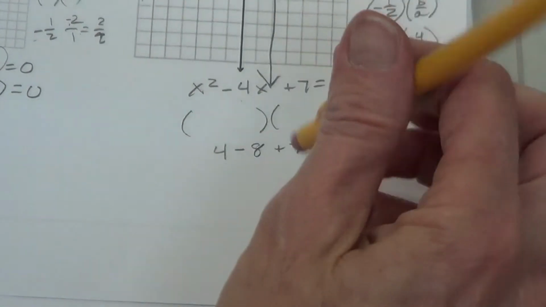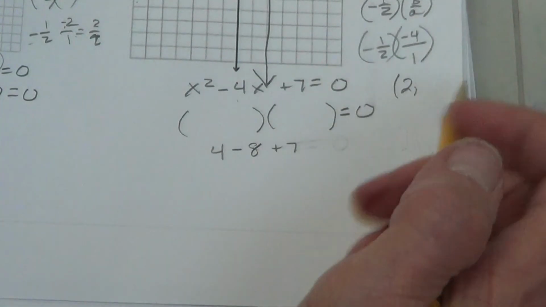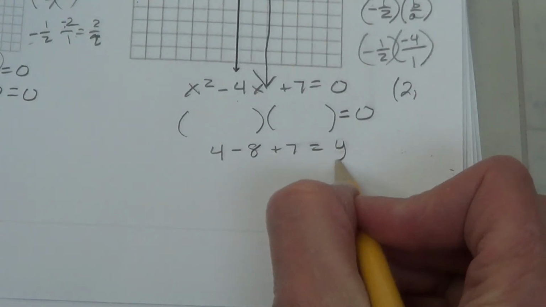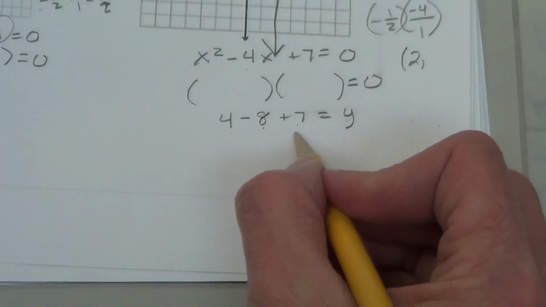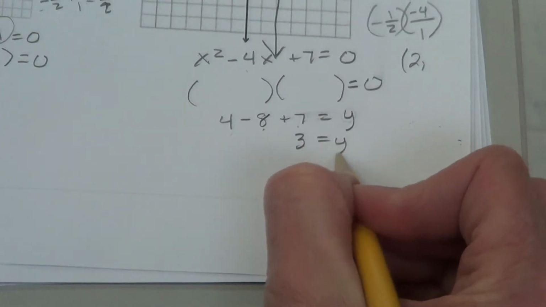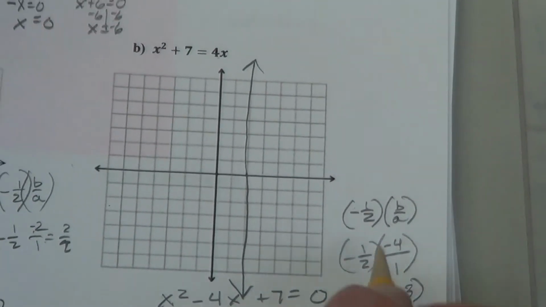Well, we don't know what it equals actually. We're looking for that. We're no longer looking for the zeros, we're looking for the y value, so we should have equals y. So 4 minus 8 is negative 4, plus 7 is positive 3. That is our vertex. So we come over here to 2, 3,